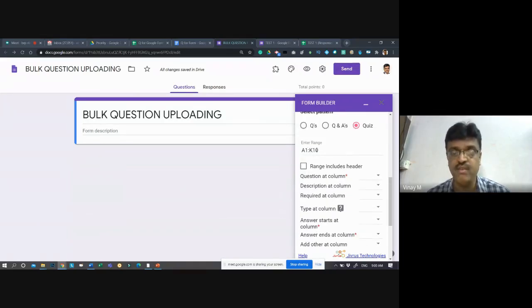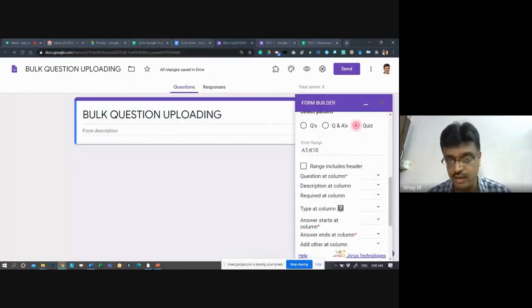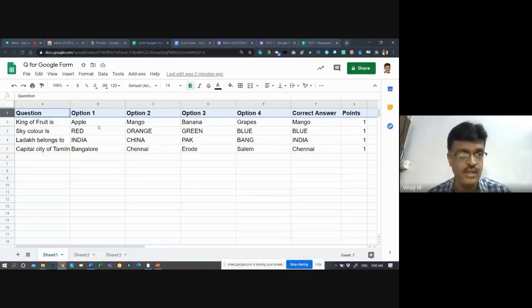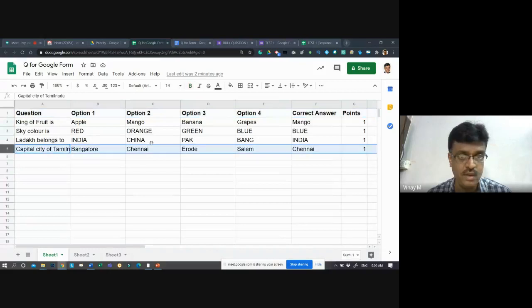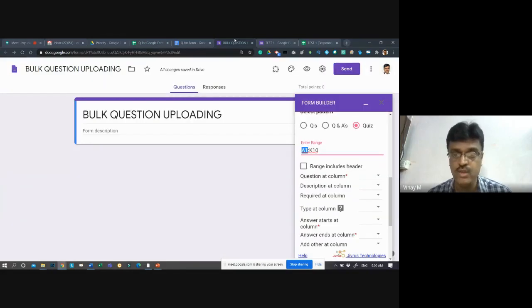Scroll down and it asks me, where are your questions from where to where? Because there are many questions, right? So here is A and 1. See, A is the column, 1 is the row. A1 is the starting point for this. So A1 is correct here. And then where it is ending, because we don't know how many questions there are. There are now 4 questions. I think this is in row number 5 and column G. So G5, the box is called G5. So I have to specify here just G5.